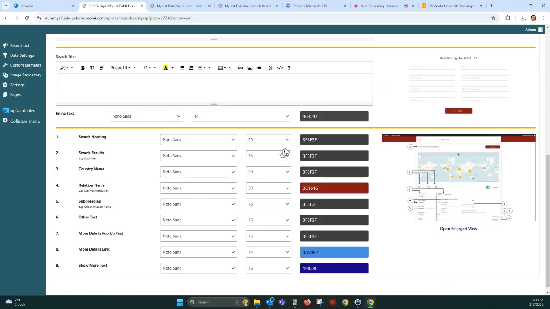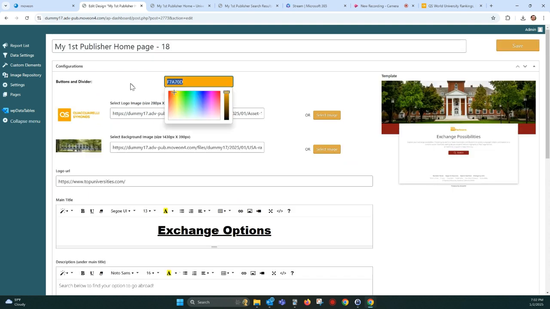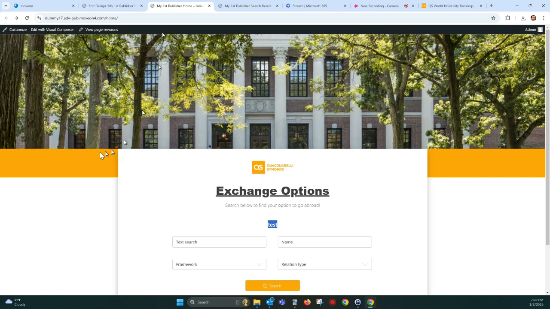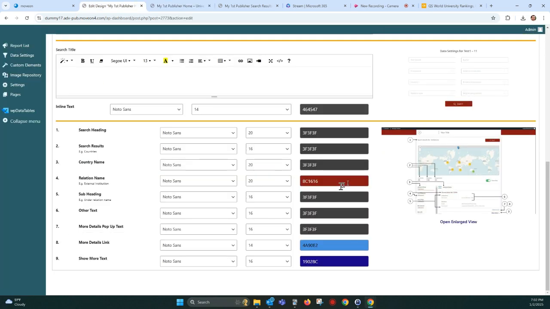But we do want to get down to the font colors, font style, and sizes of everything that we see here. Each one of these things is numbered 1 through 9. Very small, but you can see which each one refers to. You can open this up in a large view to see what each one does. My recommendation is you take the color of what's across this bar here and on this search button, and you put that for the ones that are already not gray. So this one,